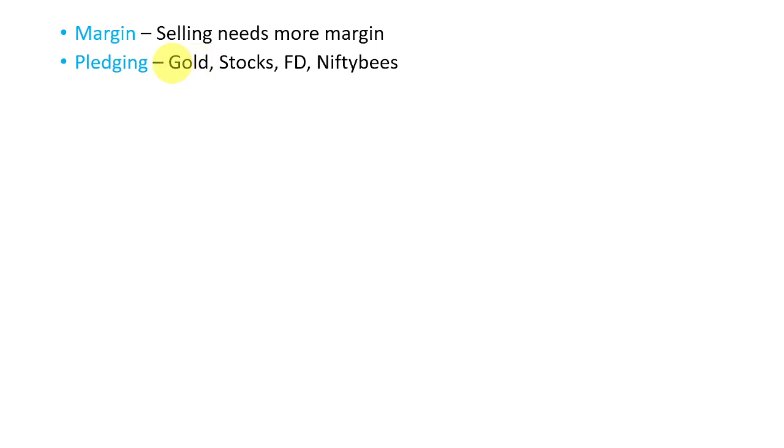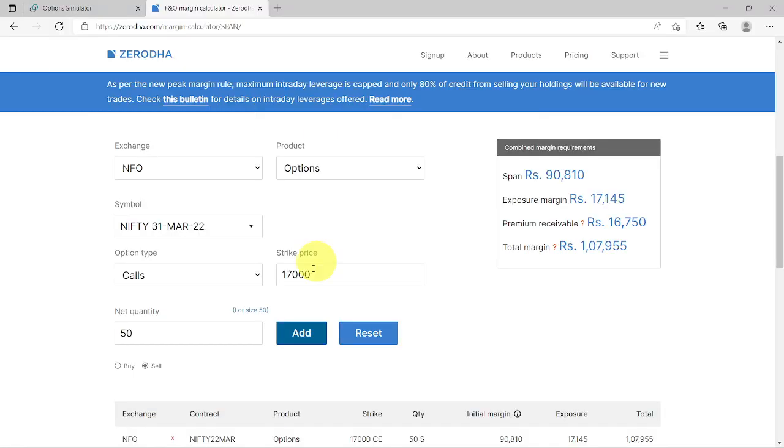Your gold price is also going to go up, and if you are able to make profit out of selling the option, that is also going to be a benefit for you. So it will be a double benefit, and that is the only reason I'm asking you to buy quality shares. Now hedging. Hedging, if you see, like I have mentioned here, for every one sell, you have one buy. So for this example, let us say you have already sold a 17,000 call option. Now if you're buying a 17,100 call option of Nifty,